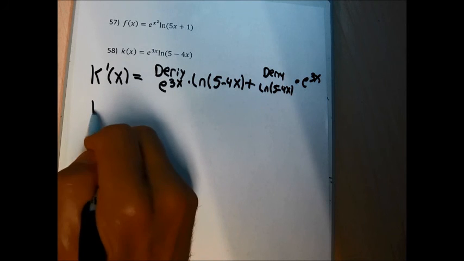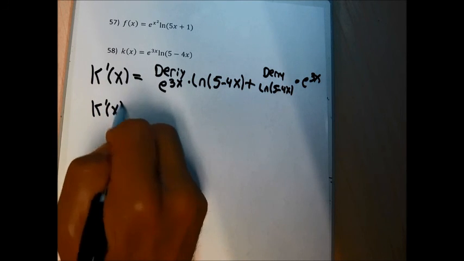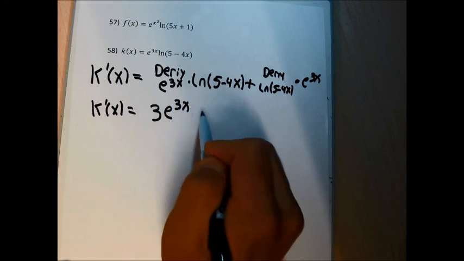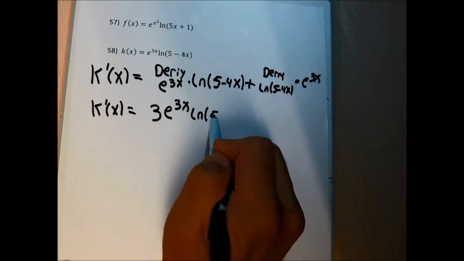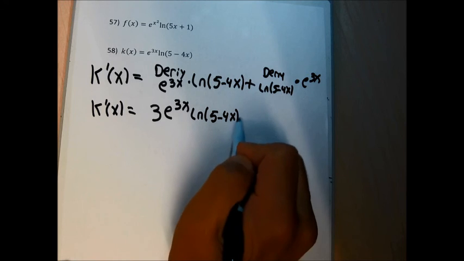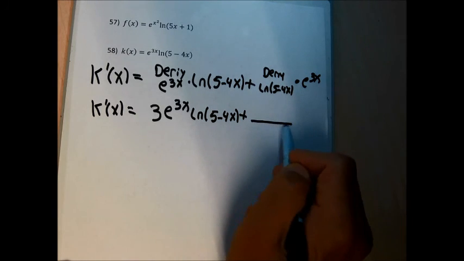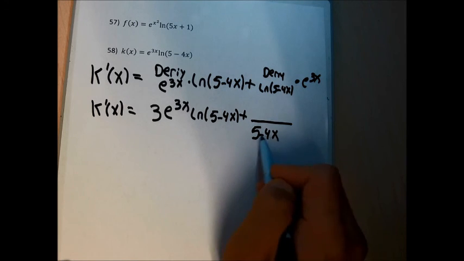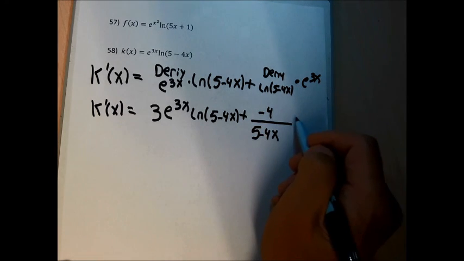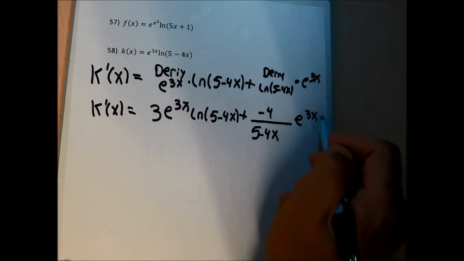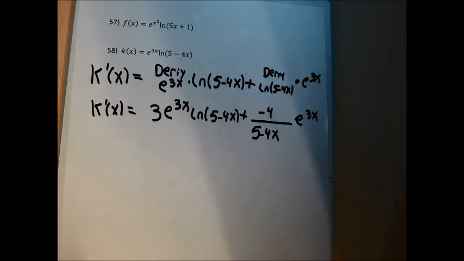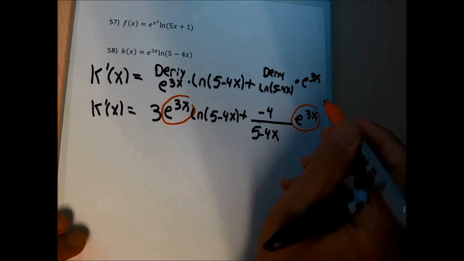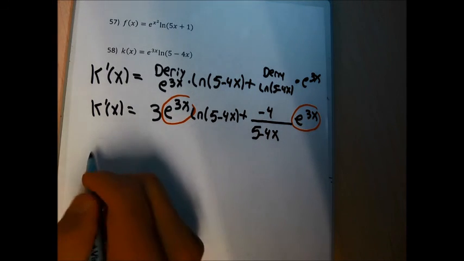Derivative of e to the 3x, I take the derivative of the exponent, which is 3. Its derivative is 3e to the 3x. I keep this natural log part around. The derivative of the natural log part, you have a 5 minus 4x in the denominator, the derivative of that, which is minus 4 in the numerator, and then times e to the 3x. I'm going to factor out an e to the 3x because there's certainly a common factor, and that's probably all I'm going to do. So I'm going to get k prime of x